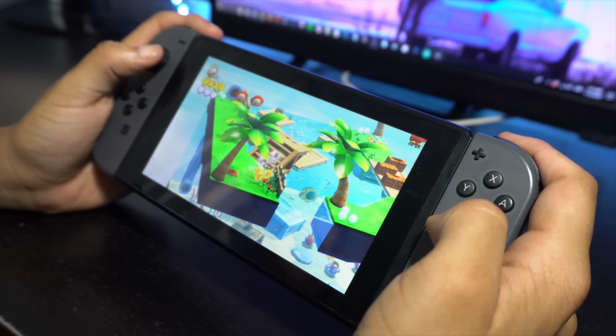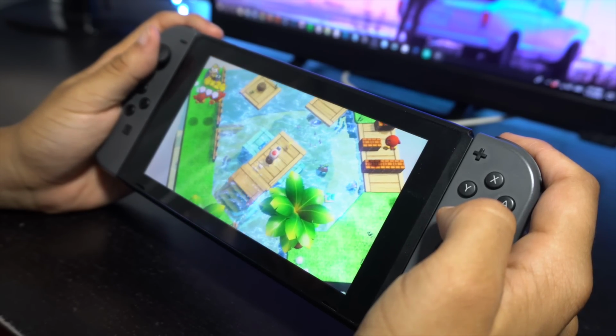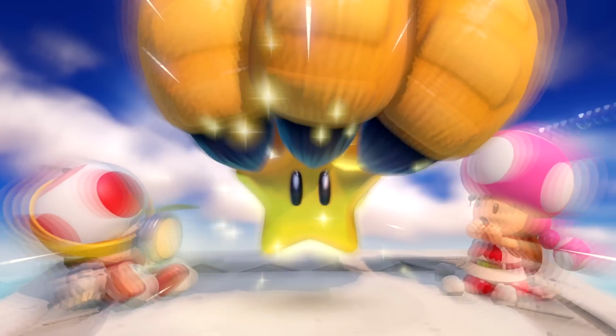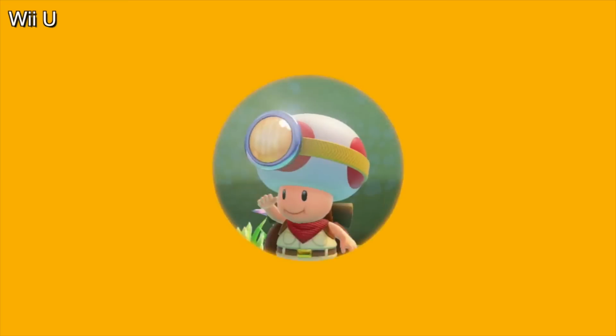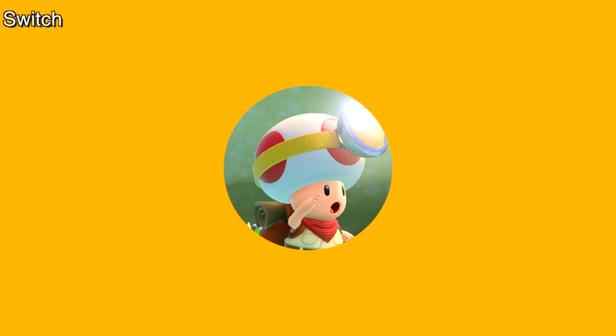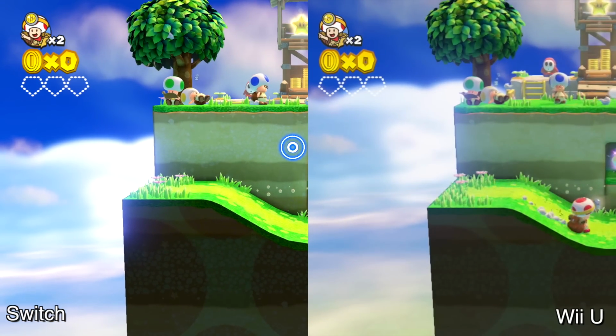Captain Toad Treasure Tracker has always looked charming and lovely. Character animations are filled with life and personality. The 3D world aesthetic is bright and vibrant, and it looks fantastic on the Nintendo Switch. Back on the Wii U, it ran at 720p 60 when on the TV, and slightly above 480p on the gamepad display. All of that is bumped up on the Switch though, where it runs at 1080p in dock mode